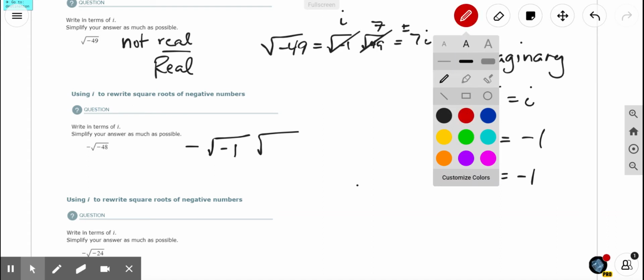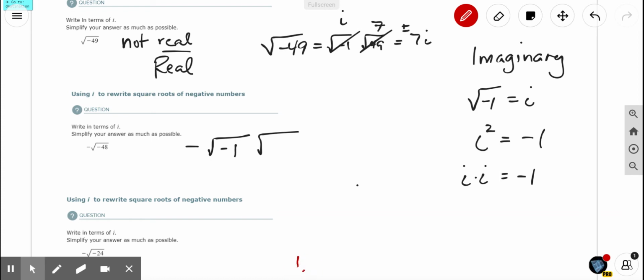Perfect squares, I'll do them down here. Perfect squares are like 1 squared, which is 1, 2 squared is 4, 3 squared is 9, 4 squared is 16, 5 squared is 25, 6 squared, 7 squared, 8 squared is 64, 9 squared is 81, 10 squared is 100. You get the idea, 121,